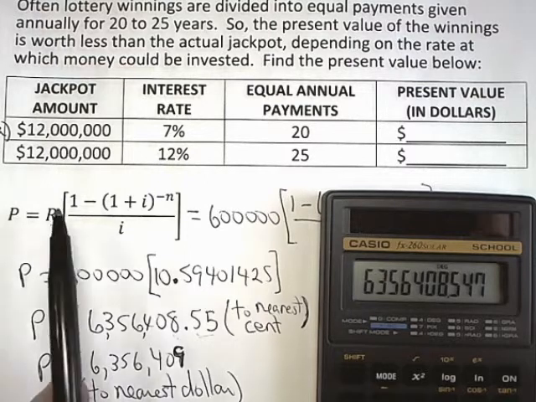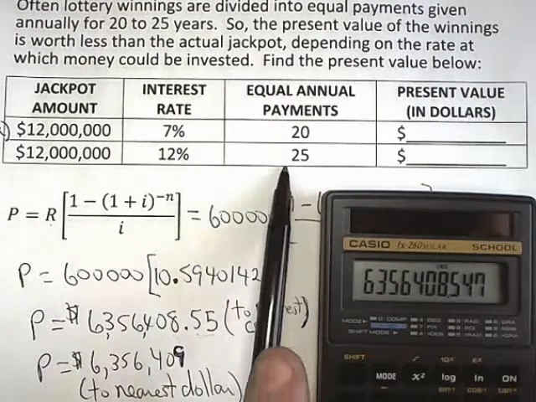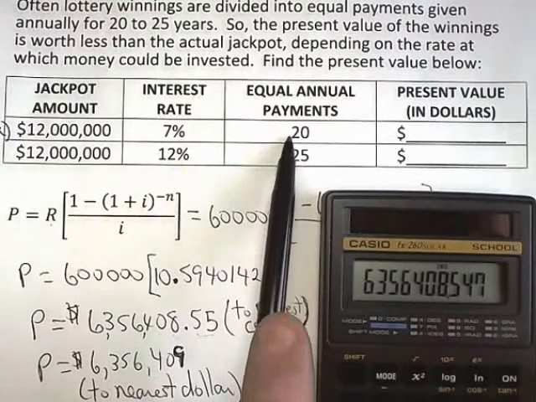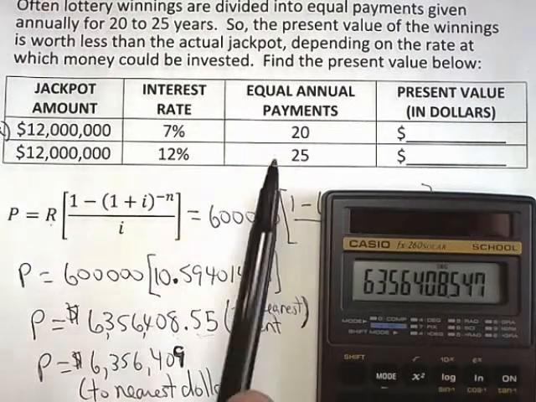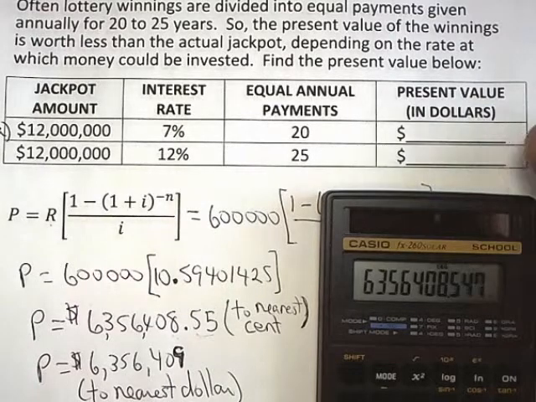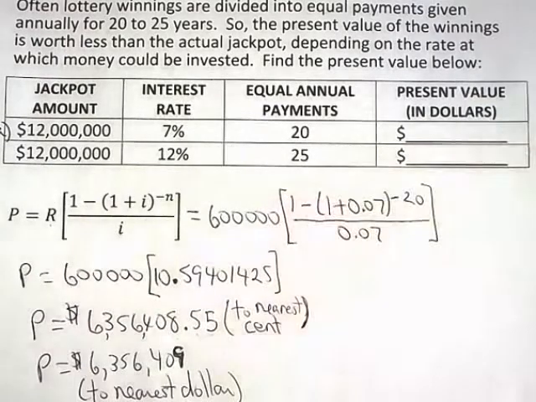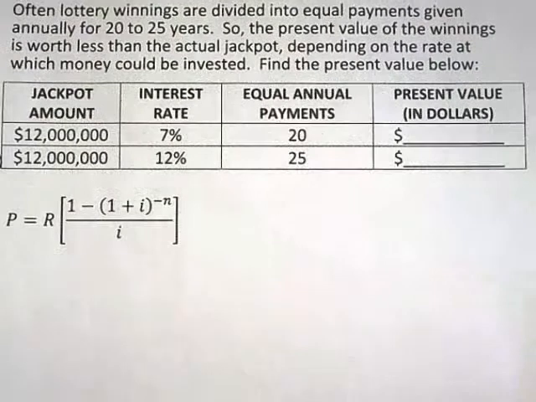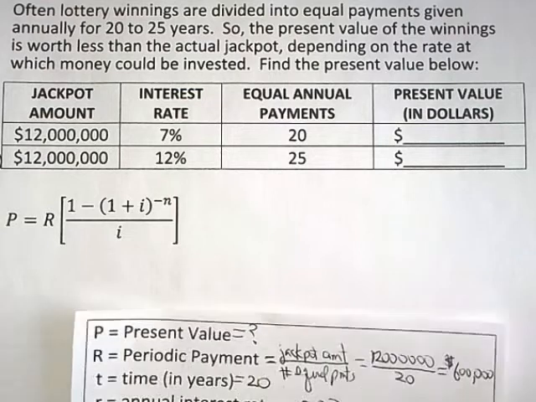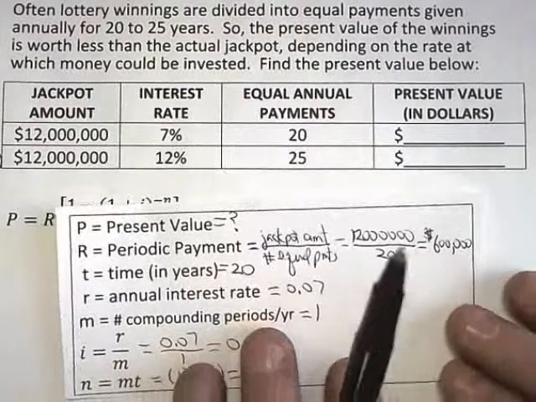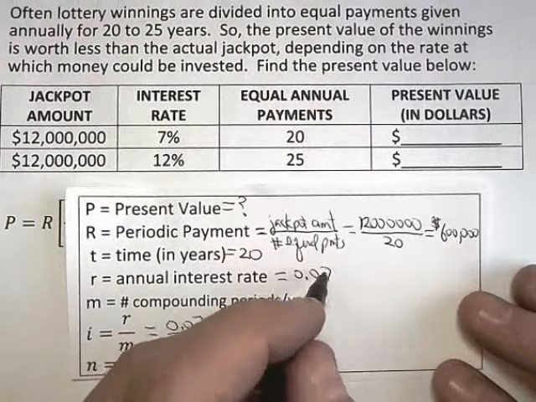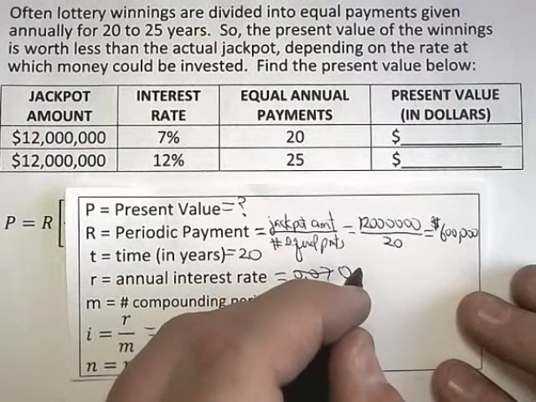Now the B part is exactly the same calculation, except we replace the interest rate of 7% with 12%, and the equal payments are over 25 years instead of 20. So I want to go through this same calculation again, but the process is exactly the same. So looking back at what we did earlier, the only difference when I'm doing part B is that the interest rate is going to be 12%,